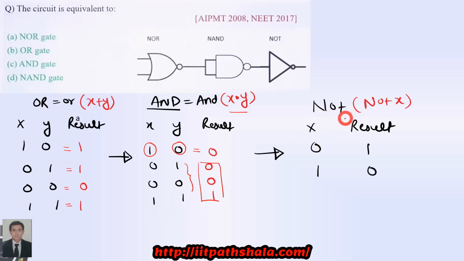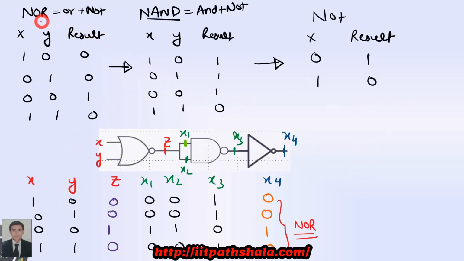The NOT gate is the negating gate, so whatever you give to me, I negate it. If you give me a 0, I negate it and get 1. So what is not 0? It is 1. Again, if you give me a 1, I give you a 0, because I am negating your input; I am taking the opposite of your input. Now, if I incorporate this information into my gates, the first is the NOR gate, which is OR plus NOT gate.